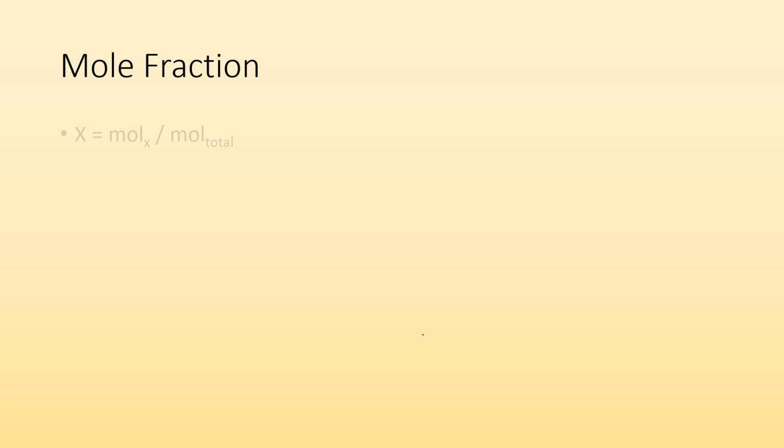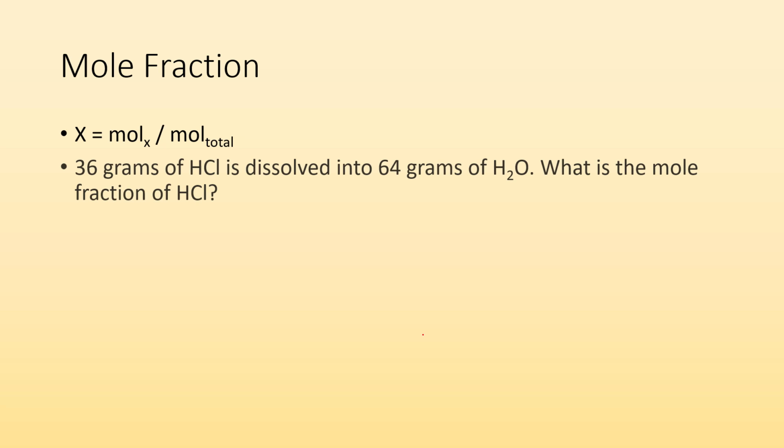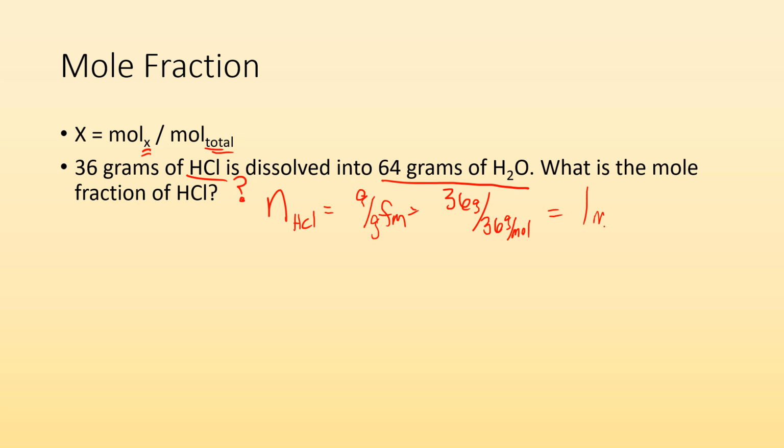So now mole fraction represented by X is how many moles of the one thing divided by the total moles in the mixture. So if I'm, again, talking about this mixture, 36 grams of HCl dissolved into 64 grams of H2O, first I need to know how many moles of HCl do I have, and then the second part, total. Well, I need to know how many moles of H2O I have as well. So moles of HCl is going to equal the grams divided by the GFM. So I end up with 36 grams divided by 36 grams per mole, and I end up with 1 mole